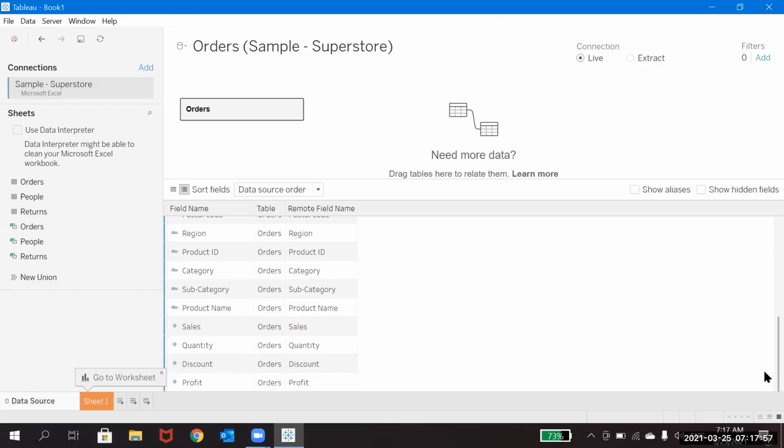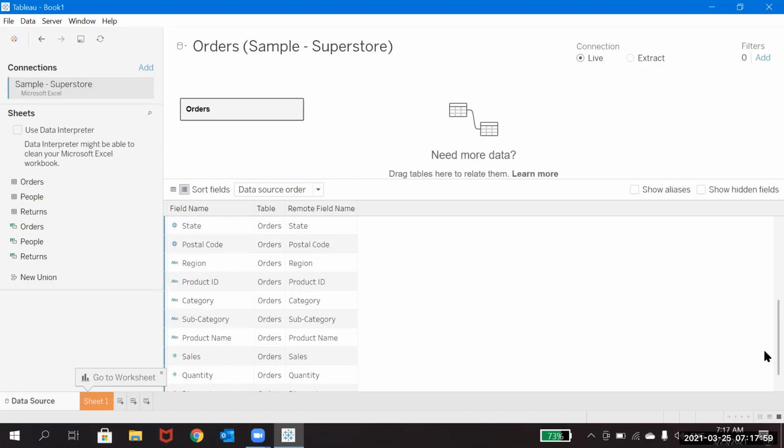Okay, so these are the different things you will be observing. Also, it may be ABC, or it may be hashtag, or it may be calendar. If there is an equal sign preceding this, that field is nothing but the calculated field.